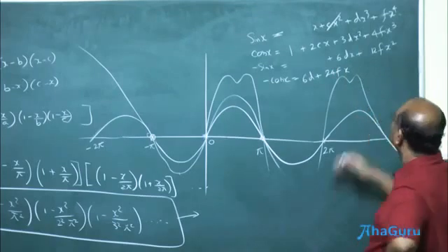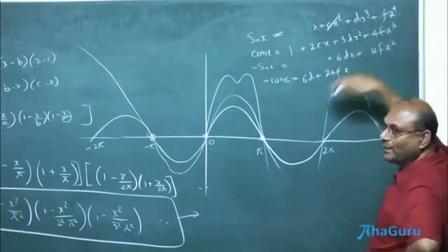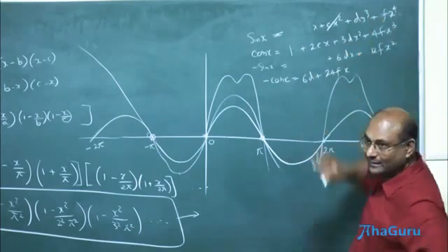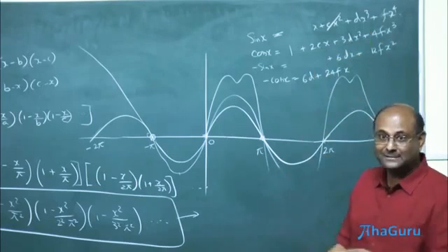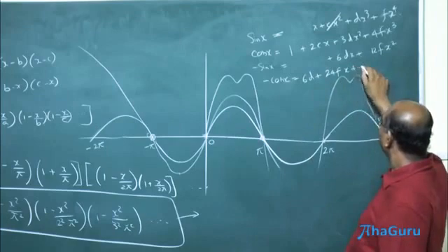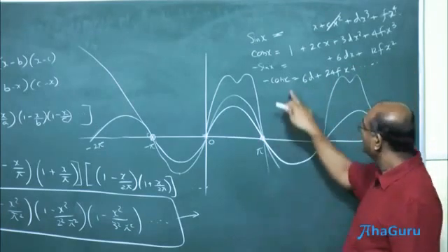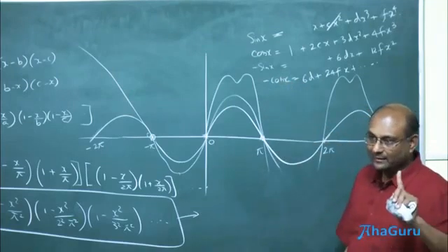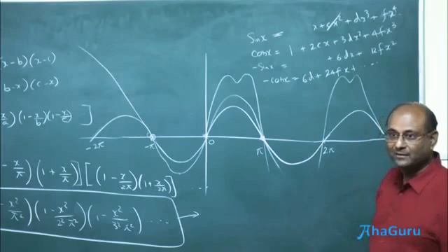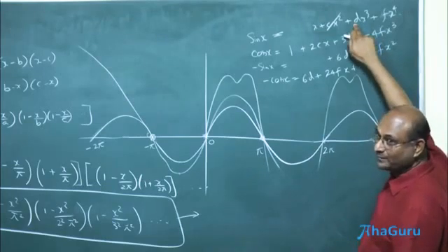Why 4 factorial? Because every time, this is going to be 4 into 3 into 2 into 1. The reason this became 6 was it was 3 into 2 into 1. After that it will be multiplied by 0 and gone. It won't come into the picture. But anyway, when I put x is 0, all these fellows go away. What are you left with? 1. Cos 0 is 1. So minus 1 by 6. So that means d is minus 1 by 6.